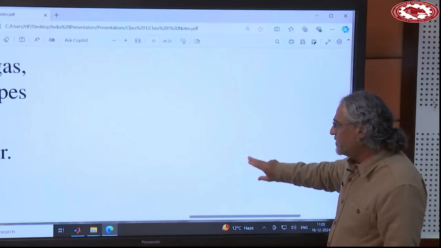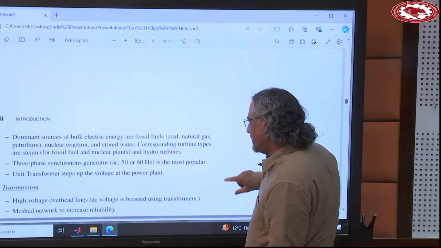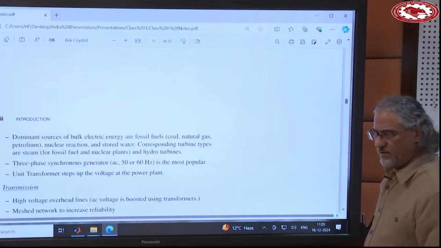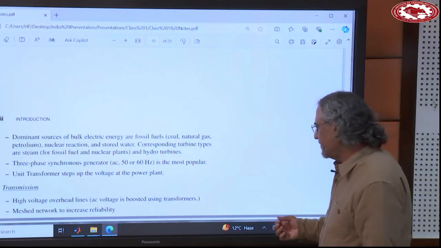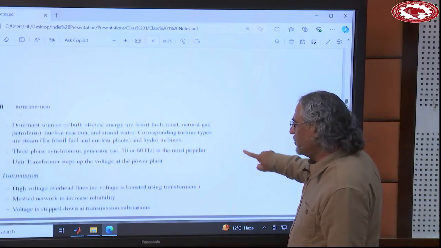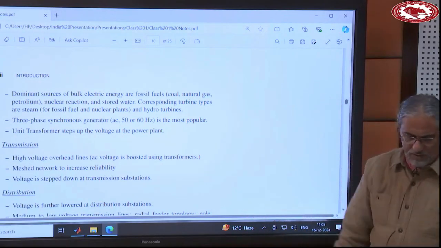Generators are three-phase synchronous generators that generate three-phase 50 hertz or 60 hertz. I think in India it's 50 hertz, isn't it? Yeah. So in North America it's 60 hertz. And then transformers are used immediately to increase the voltage level in order to be able to